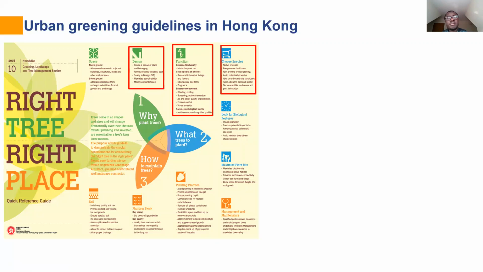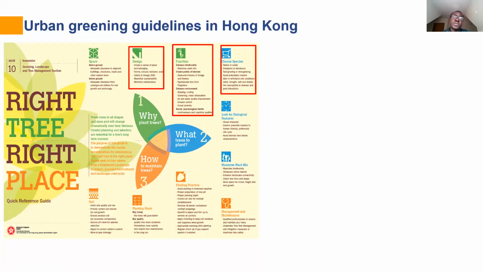Now, although some of these projects were very successful, and the greenery coverage ratio in the city actually increased, many of those trees were wrongly placed within the city. This is because there was no standard as to what kind of species you can choose to plant in a particular location. So the government then had to launch a project called the Right Tree, Right Place project, where